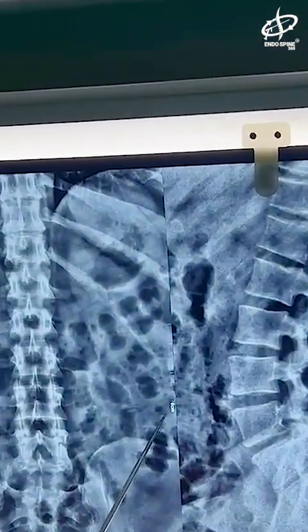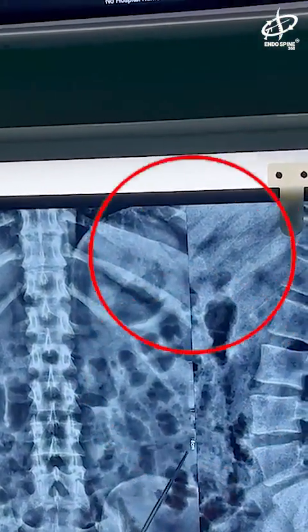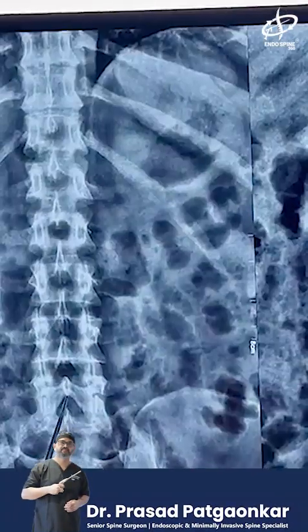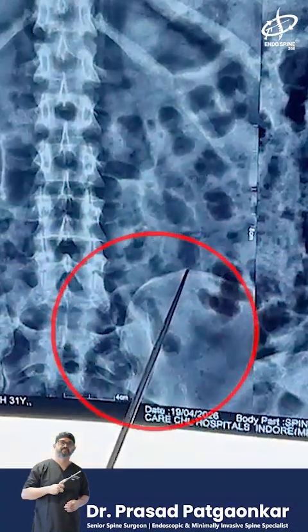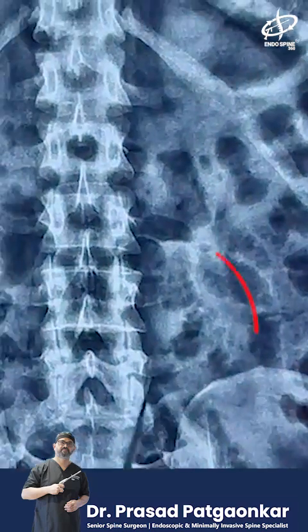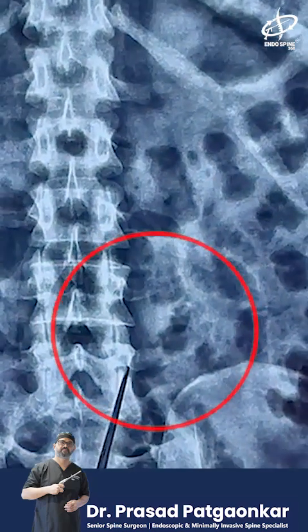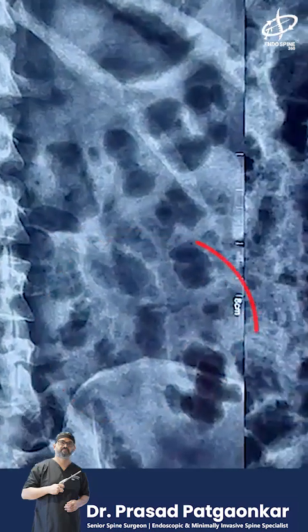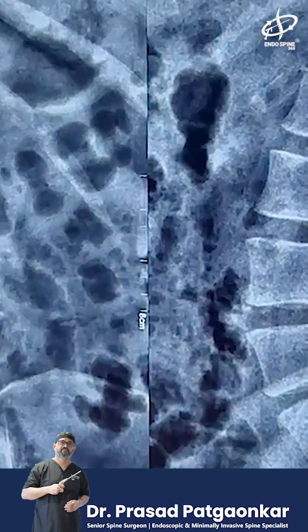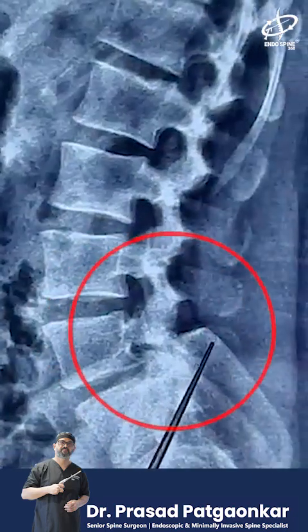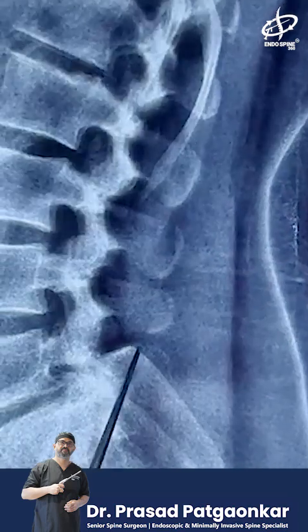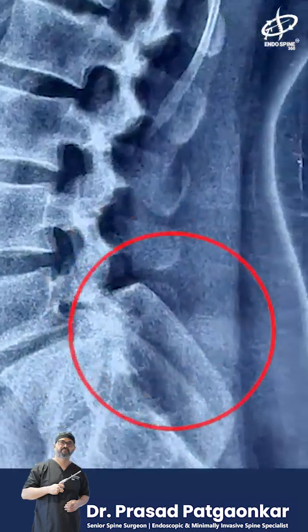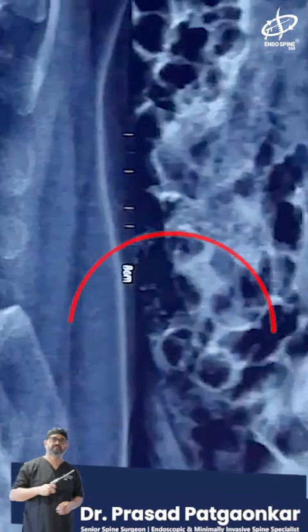And here there is no instability, but as per the classification, you can see you can go suprailiac because of the tip of the IAP and the uppermost edge of the ilium. If you draw a line which is touching the 6 o'clock of the ipsilateral pedicle on AP, that is type 2. And here it is type 1 because the dorsalmost aspect of the iliac crest is below the pedicle. So that is how we are going for a suprailiac.